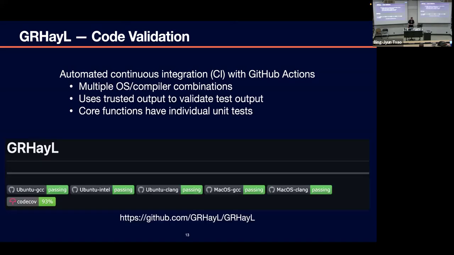As of this week, our unit tests are covering 93% of the library, and it's passing on everything that we're trying. So we're pretty proud of how far we've been able to validate everything. This means we have to create tests that even probe edge cases, so that we can probe as many of the if statements as possible to make sure we're within correctness.